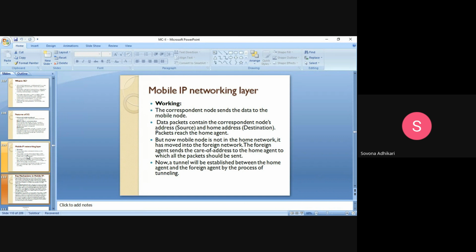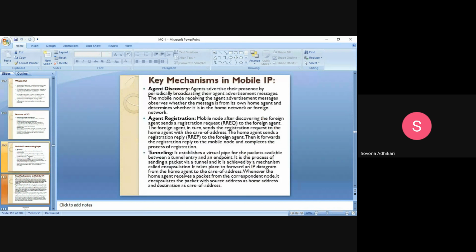So we have already discussed agent discovery and agent registration. Once you move to another network, there should be a registration between the home agent and the foreign agent. And at last, the tunneling establishes a virtual pipe for the packet